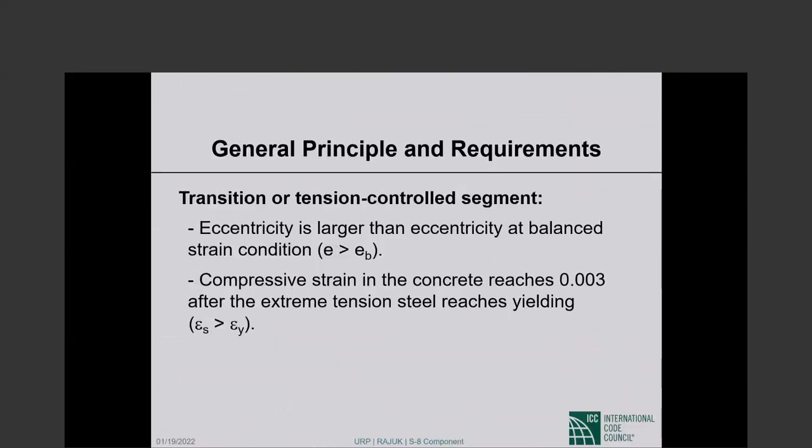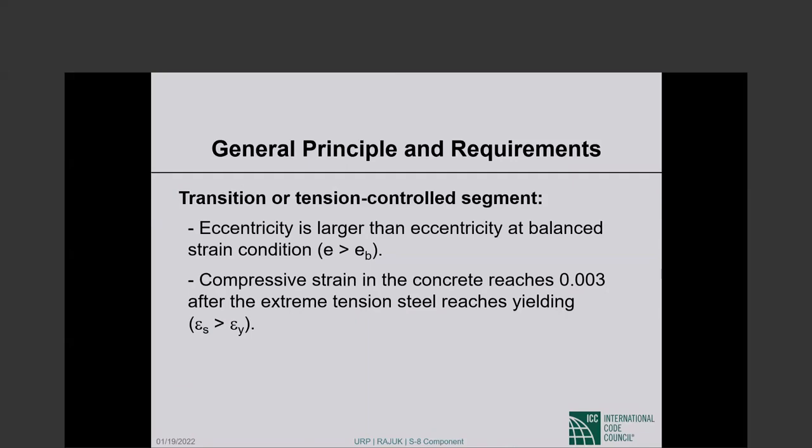The transition or tension control segment, you don't go from compression control to tension control. Remember, compression control is net tensile strain of 0.002 or less. Tension control is net tensile strain of 0.005 or more. In between, there is a transition zone. So if we take away the compression control part, then we are left with the transition and tension control segment, where